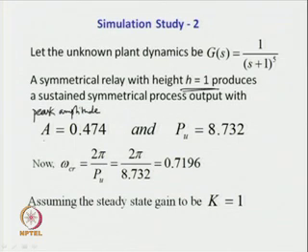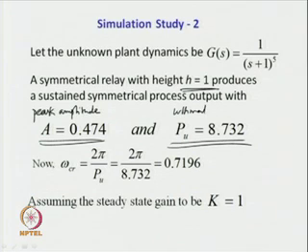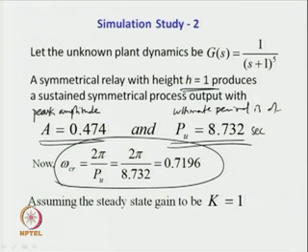to be A equal to 0.474 and the ultimate period is of value 8.732 seconds. So, the critical frequency is calculated as omega CR equal to 0.7196. Again, assuming the steady state gain to be 1,